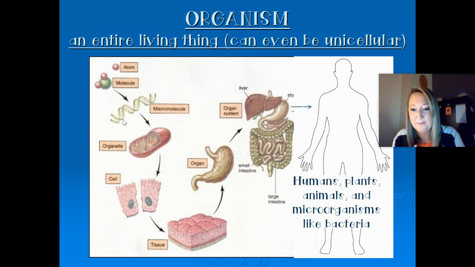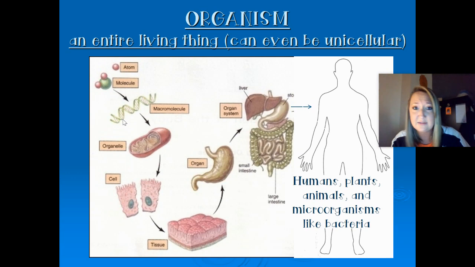organ systems, right? Now, just like we have them in our human body, plants have them, right? Plants have atoms and molecules that make up their structure, macromolecules. They've got organelles. Remember, we discussed all the organelles in the plant cell. Those plant cell parts make up plant tissues, like leaf tissue, like epithelial tissue, like your spongy layer that we went over last week when we talked about leaf structure. Organs like the leaf or the stem or the roots, those are all organs for a plant. And then organ systems, that whole system that works together, right? That leaf system that takes in all of that carbon dioxide, all of that sunlight, and goes through the process of photosynthesis to turn it into glucose.